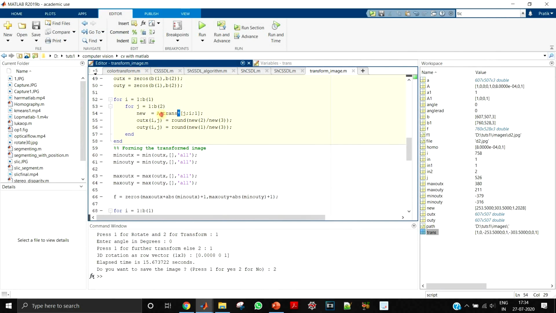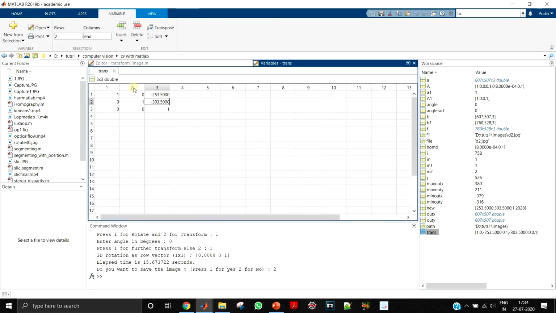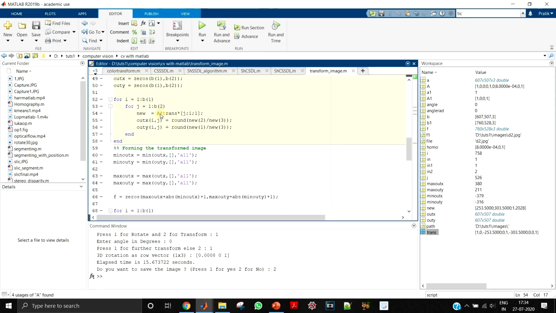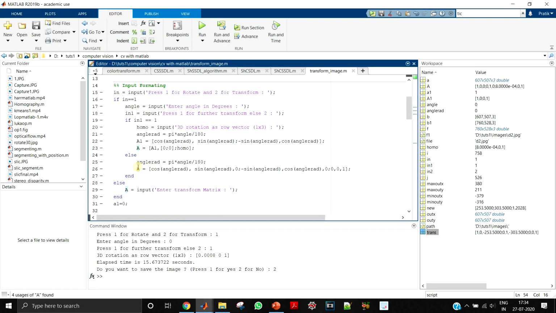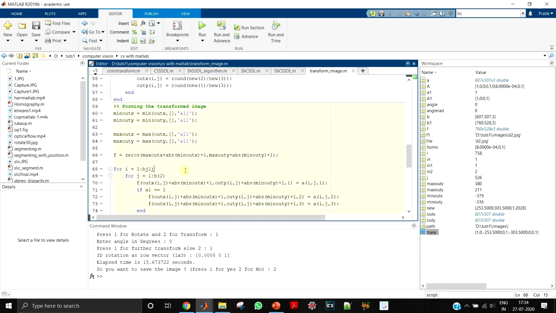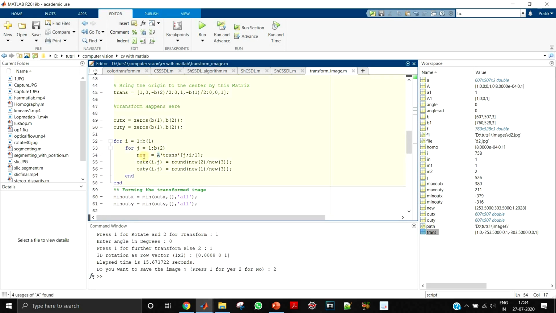This is first transformed by the translation matrix that we have seen over here. So this will first translate the origin to the center. It will first get multiplied by this, and then it will get multiplied by the transformation matrix that we have. This A matrix that we found out from our input will come over here, and you get new.